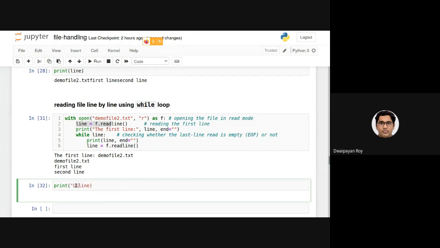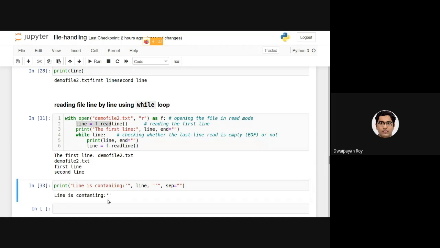So let's print line, with a quote, then quote ending, and then specify shape as empty.